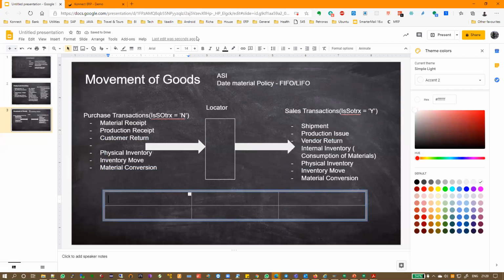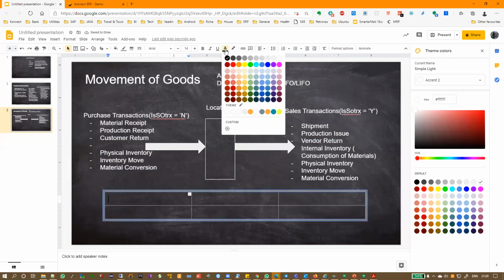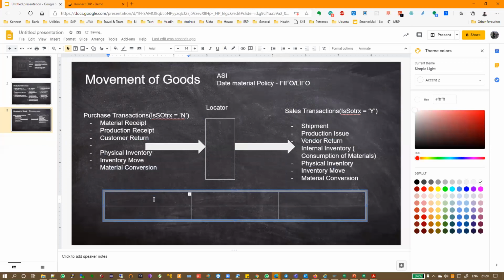All right. So first, let's say I'm doing a shipment on 01/10/2020, for a quantity of 10.